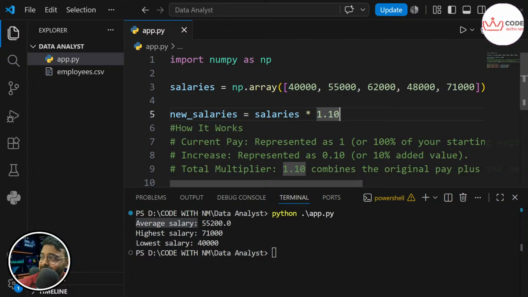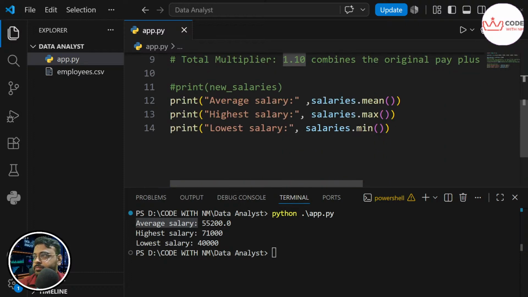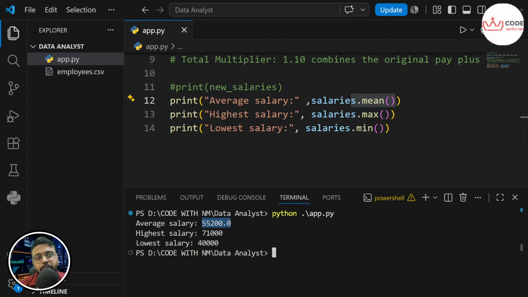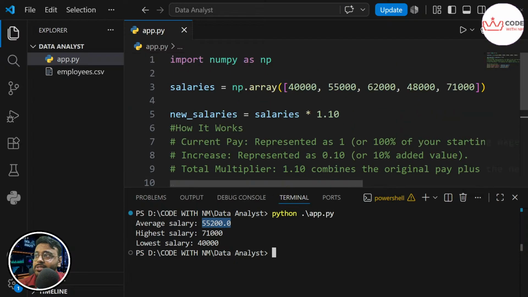Second is forgetting that operations like dot mean return a new value. They don't change the original array unless you assign it. For example, 55,200 is a new value generated with the help of the mean function, but it won't override the values inside your array unless you tell the Python code to do it.